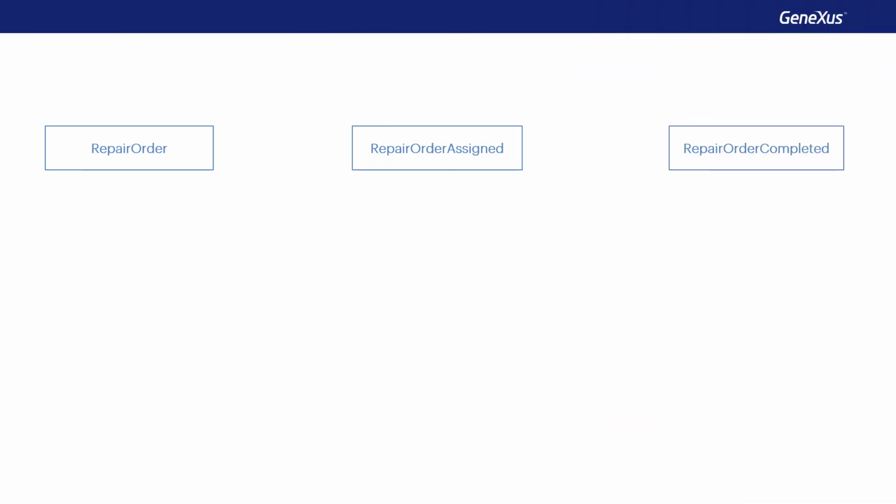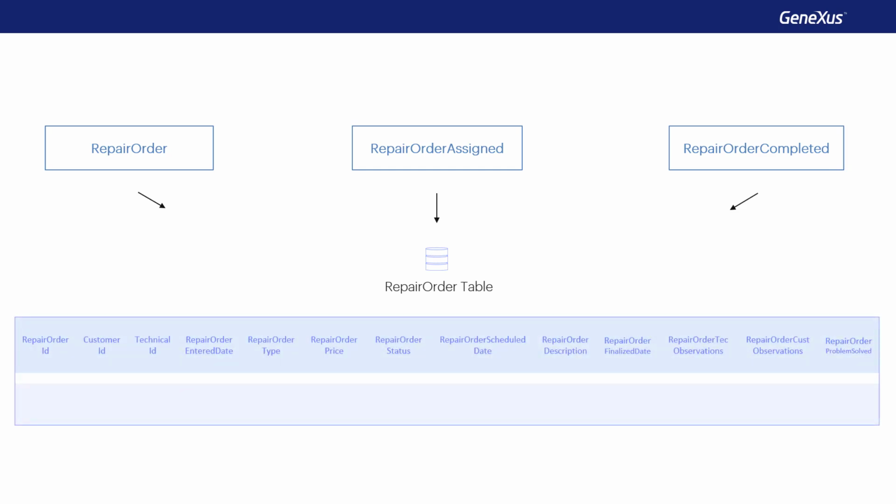At the database level, from the main levels of these three transactions, a single physical table will be generated, since, as we know, Genexus designs the database following normalization criteria. The generated table will contain the attributes resulting from associating the three transactions.